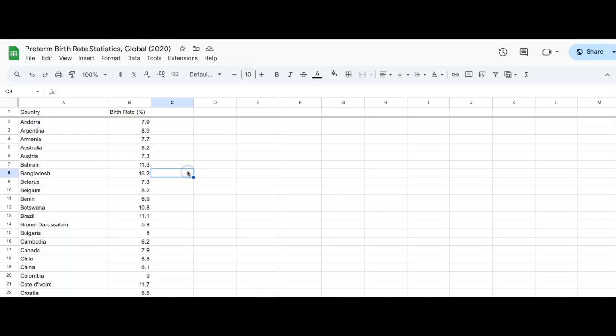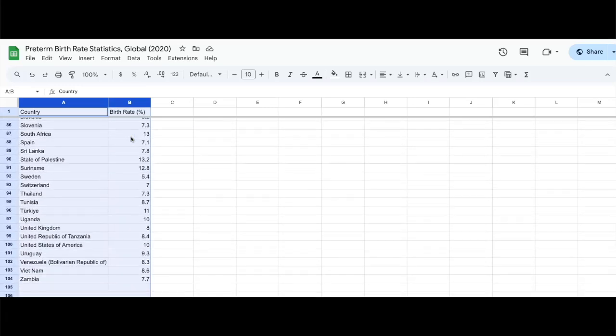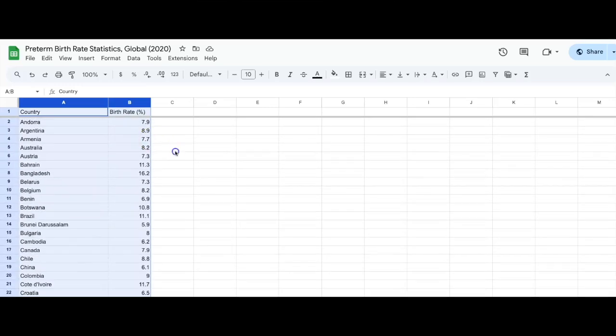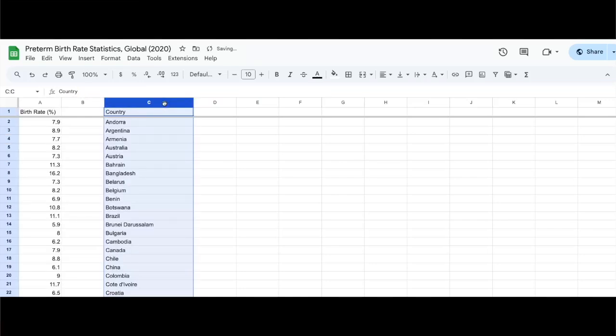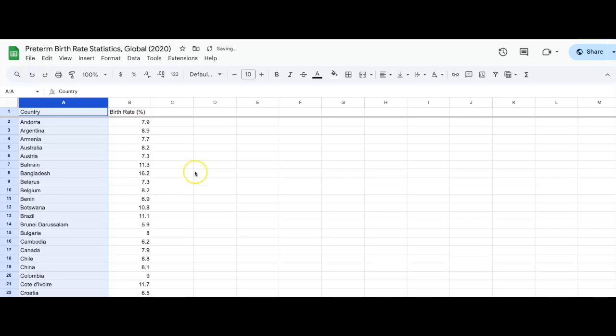Another way to do this is to click on column A, but when you click on it, drag your cursor over column B as well. If you do this second method, make sure you start from the beginning with column A deselected. Otherwise, you might instead just drag all of column A over. If this happens, no worries. There is an undo button to take you back one step, or more if needed. Once you have all of the information from both columns selected, you are ready to create your map.